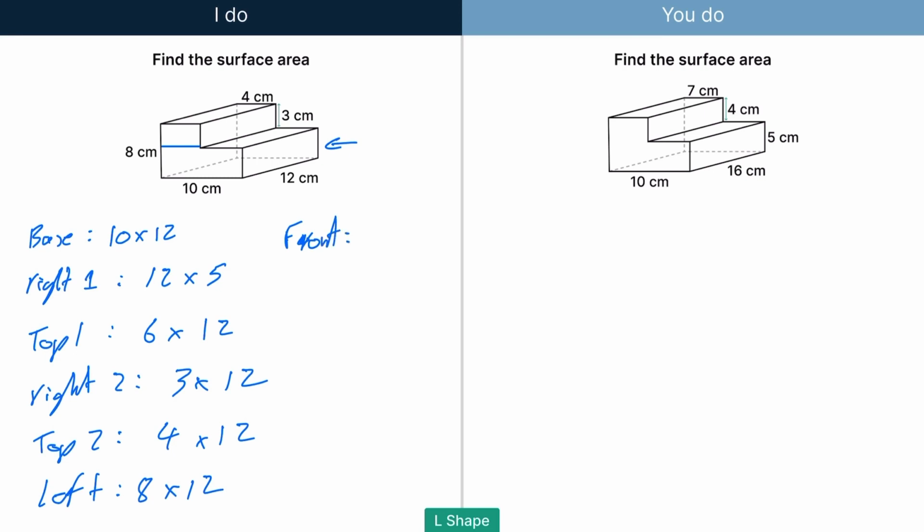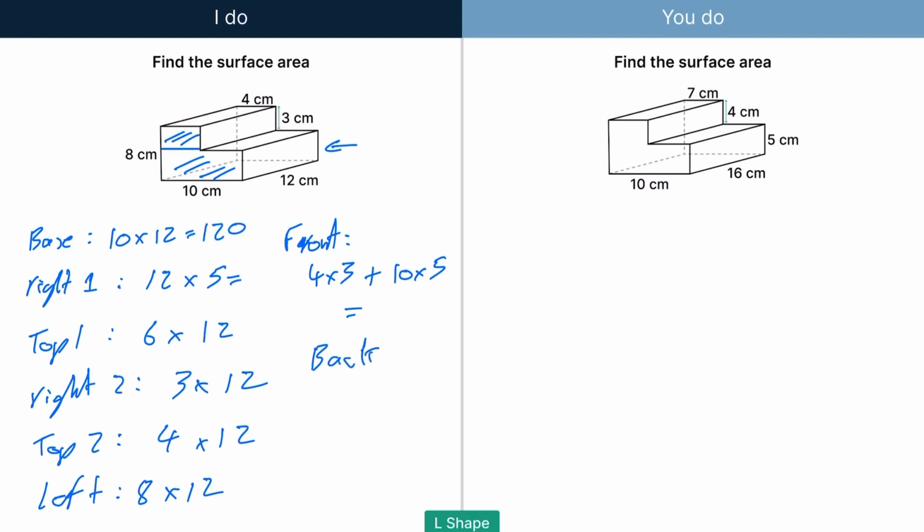So to find the area of the front, that's going to be 4 times 3. So that'll give me the area of this bit here. And the area of this bottom bit is going to be 10 times 5. And I know whatever answer I get here, the back is going to be exactly the same. So if I now just start typing that into my calculator, you get 120, you get 60, 6 times 12,